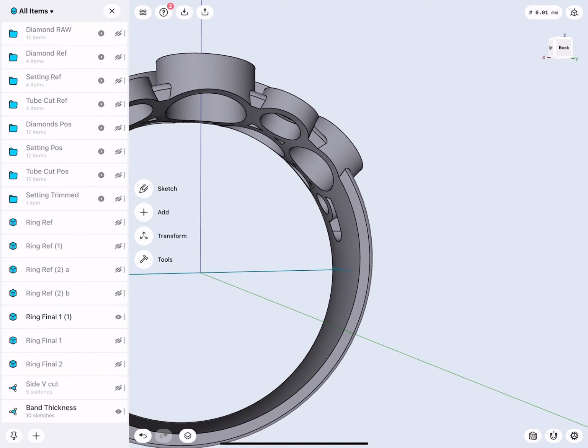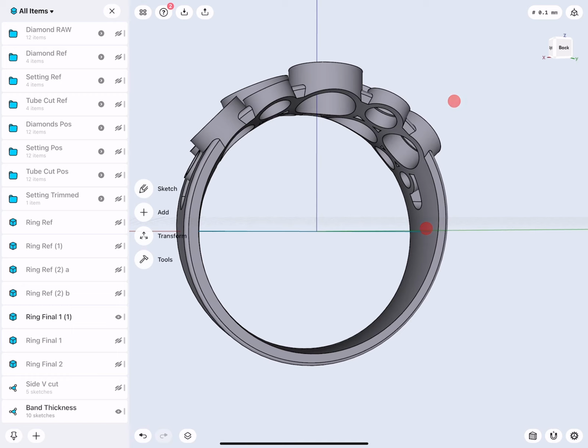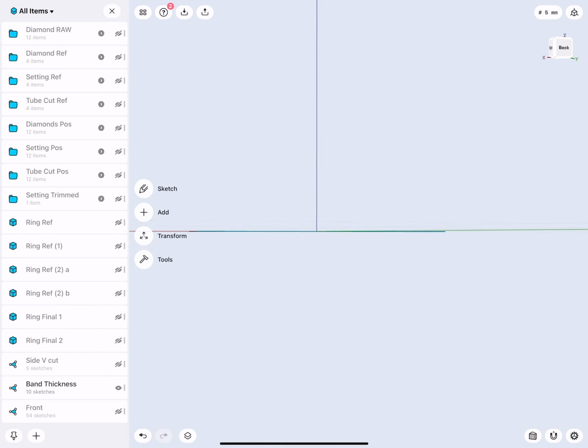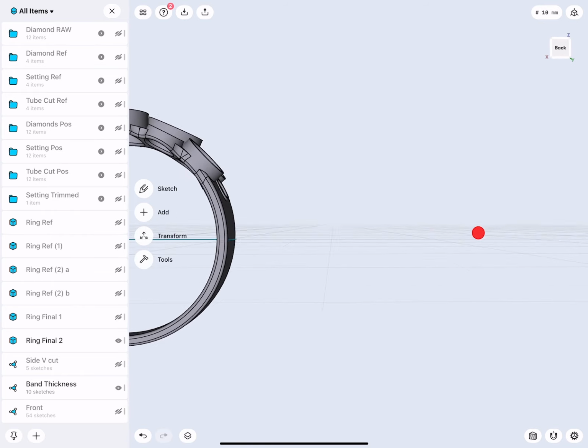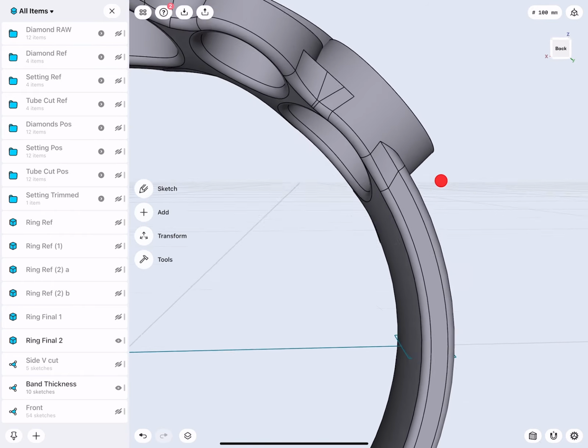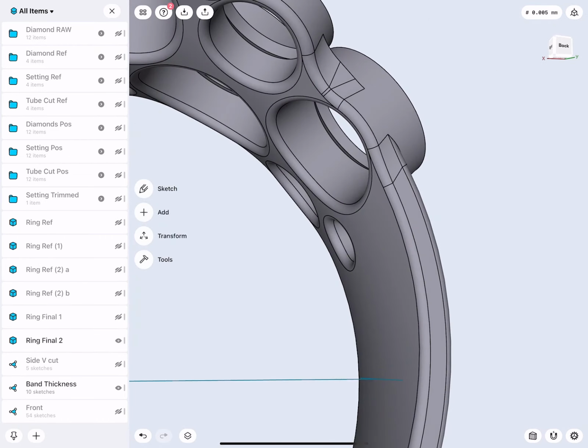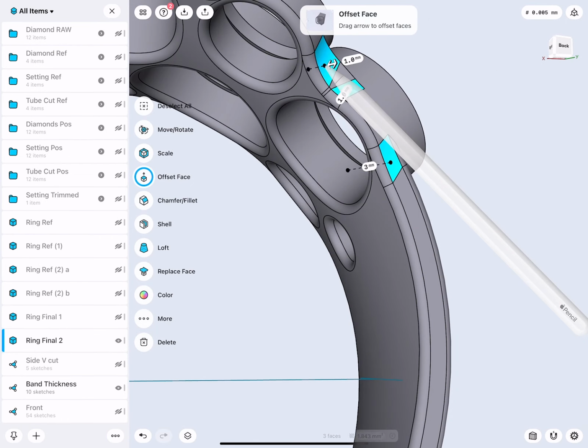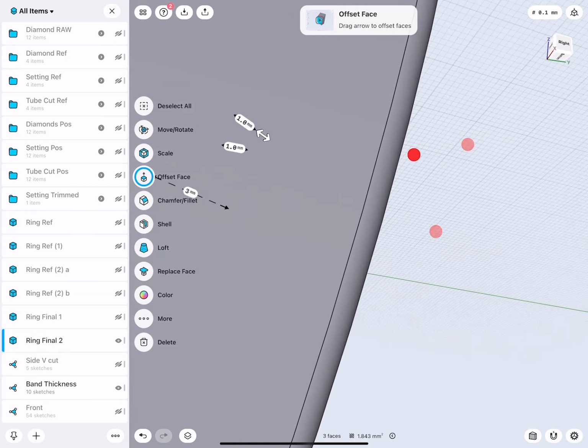And then we could go ahead and based on how we would like to round everything, select certain edges and do our filleting. So this here I will delete and show the final version here. There you can see from here that I rounded all these vertical edges first.